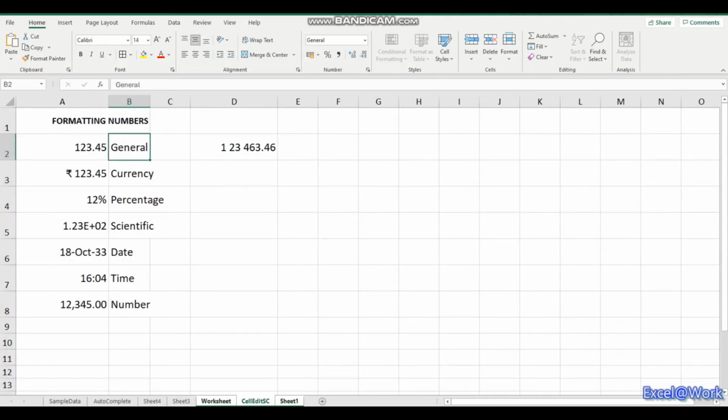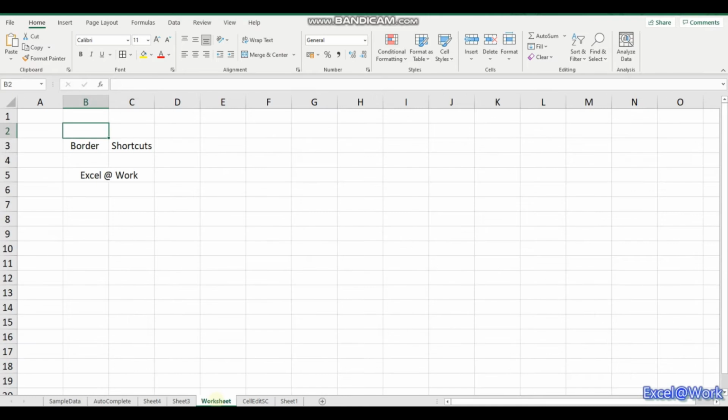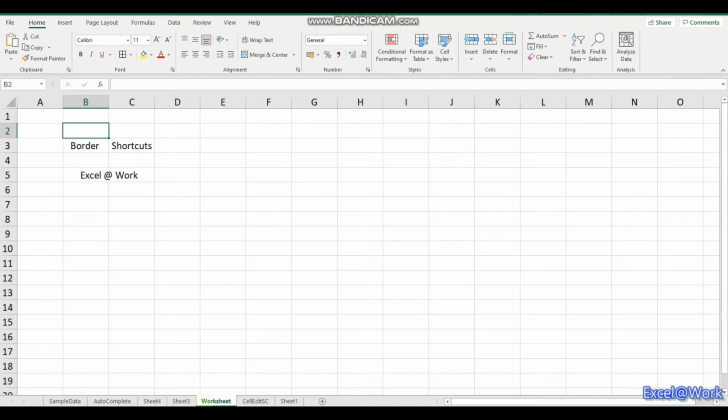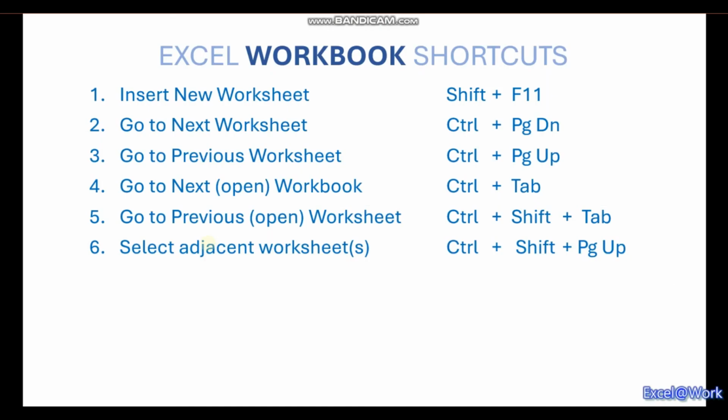With the mouse, you use Control left click or Shift left click. I can use the mouse to select sheets either before or after the worksheet. If I click on any other worksheet, the selected sheets are unselected.